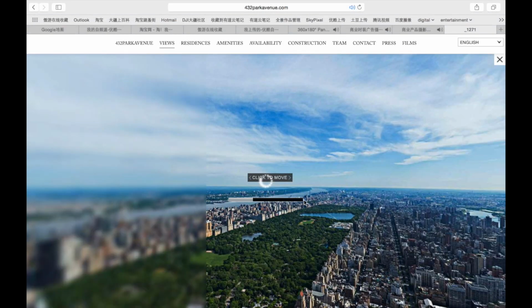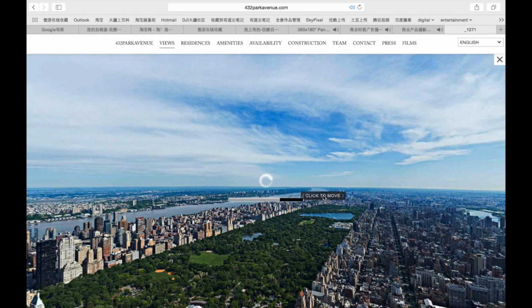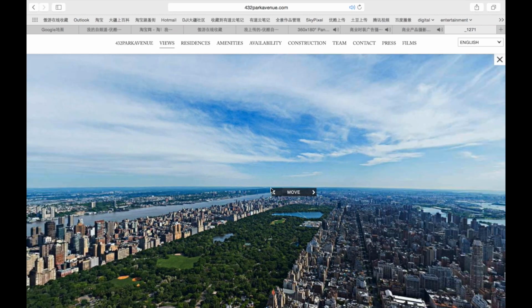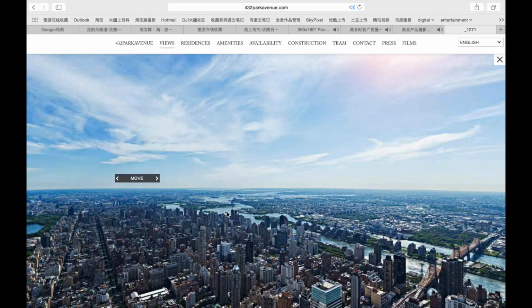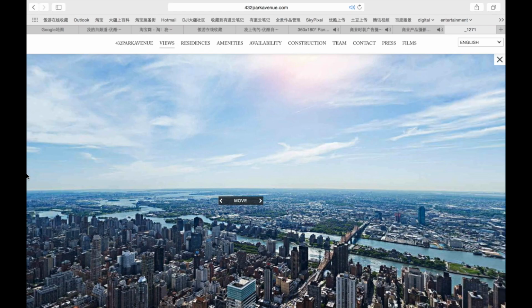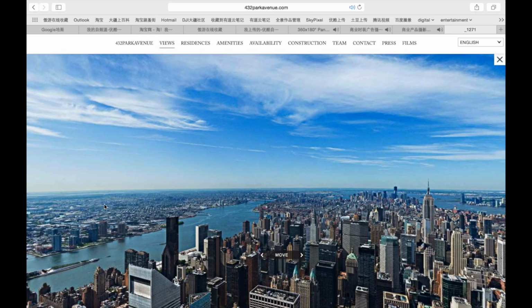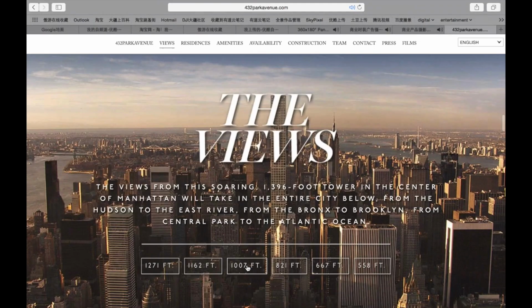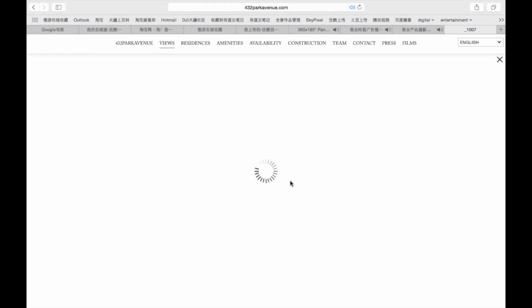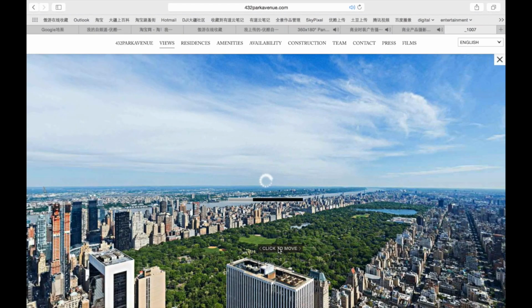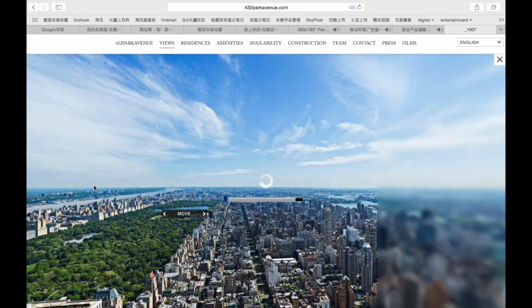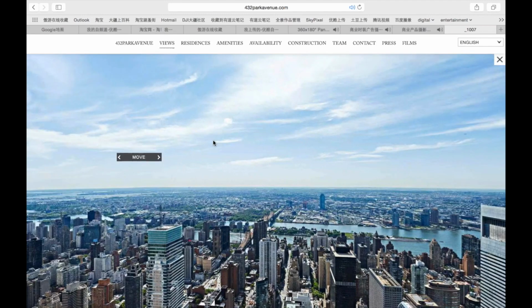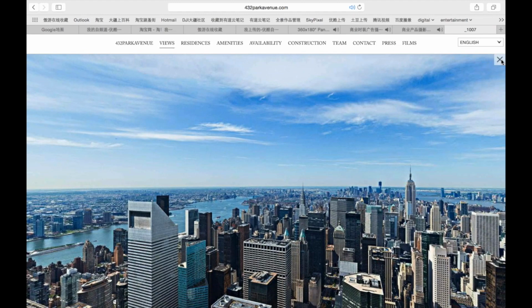We could select the height of the view. Then we use the mouse when loading is finished. We could use the mouse to drag and look around at what the view is from the future residential. Okay, we could change it to our view. It's a lower view, so you will see the Central Park of the Manhattan area, and also